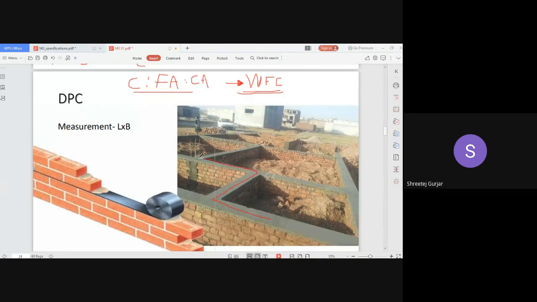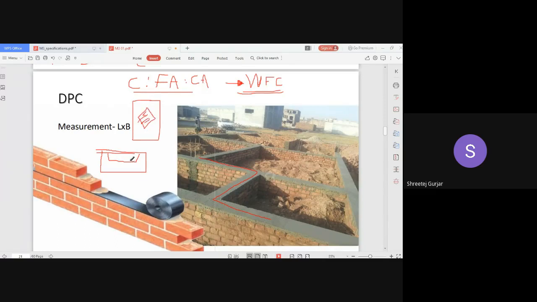How do you prepare it? You have to lay bricks, and the brick you are laying on has a frog, meaning this kind of indentation. If you see a brick from the top, you have this kind of hole. This is called a frog.